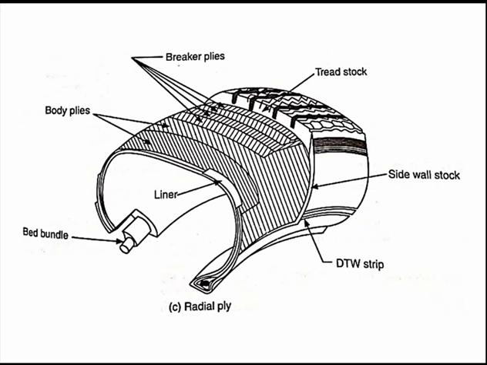In the radial type you can see that the plies run parallel to each other, and vertical to the tire road. So the direction of the plies is radial to the side walls, and a steel mesh is incorporated over the plies, along the circumferential direction of the tire. You can see that the body plies are available, and also these breaker plies. These are conical-shaped, over and over each other, as you can see here.